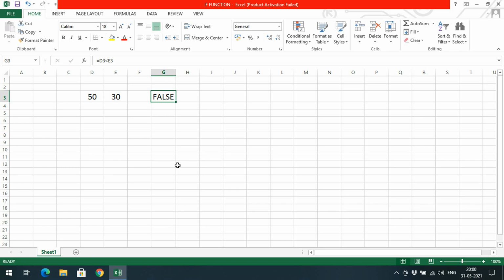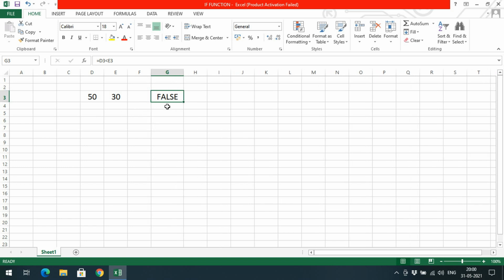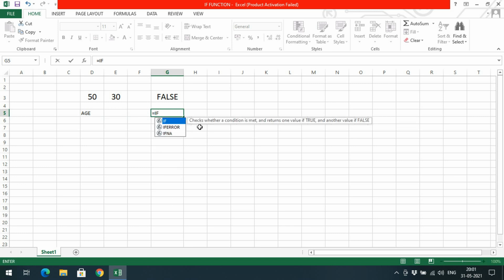So this is how we can get the results either true or false. And if you want to display some output when the condition becomes true, then we have to go with the IF function. For example, it's an age. You need to enter the age, and here you need to get whether the age is, I mean, if the age is greater than or equal to 18, eligible for vote. So here I need to enter the age. Here I will go with is equal to IF, this one greater than or equal to 18. This is the condition we are checking.